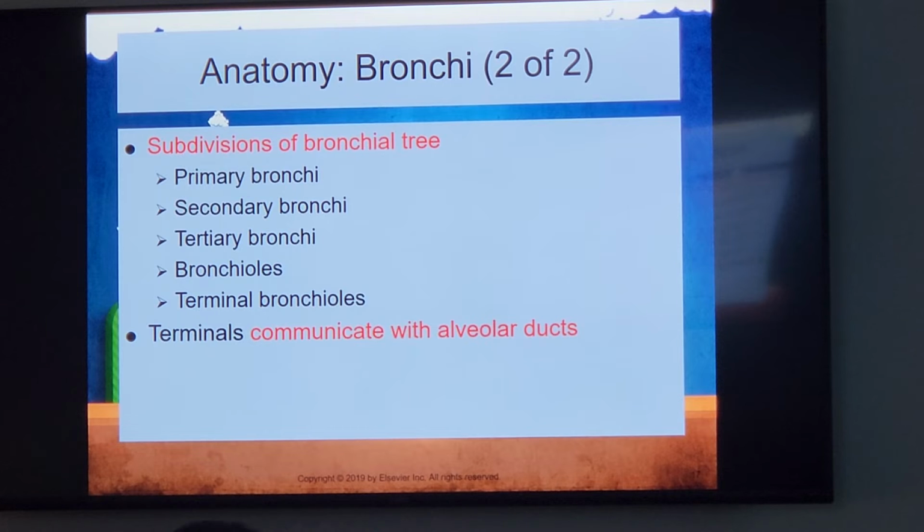All right, so these are the subdivisions of the bronchial tree. We have our primary bronchi, which we just talked about, right and left. We have our secondary bronchi, tertiary bronchi, and then all of that eventually ends up in little bronchioles. That's why the lungs sometimes look like they have little tree branches in them. The bronchioles end in terminal bronchioles, which further have alveolar ducts, which have alveolar sacs,